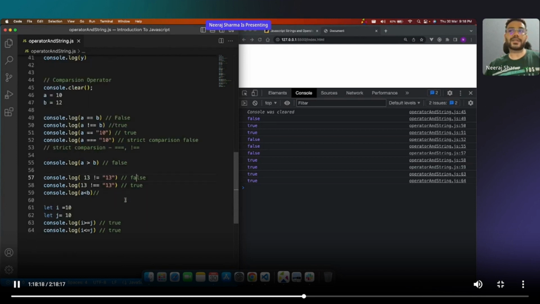Clear? So I hope you understood greater than equals to, equals to, greater than, less than. Anyone has any doubt on the comparison operator? Okay, cool. Awesome. Perfect. Now we'll be talking about